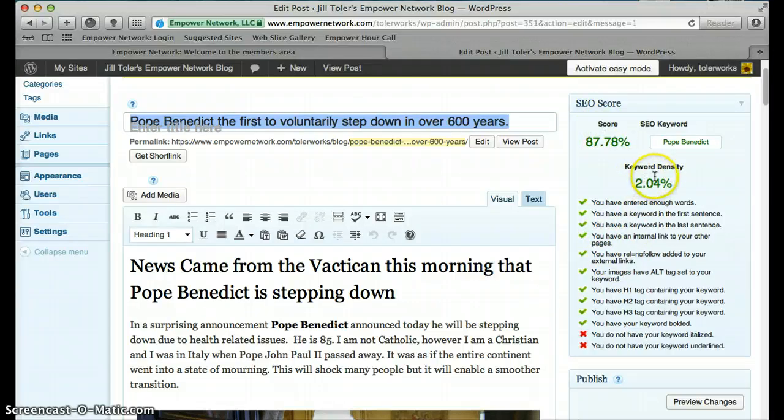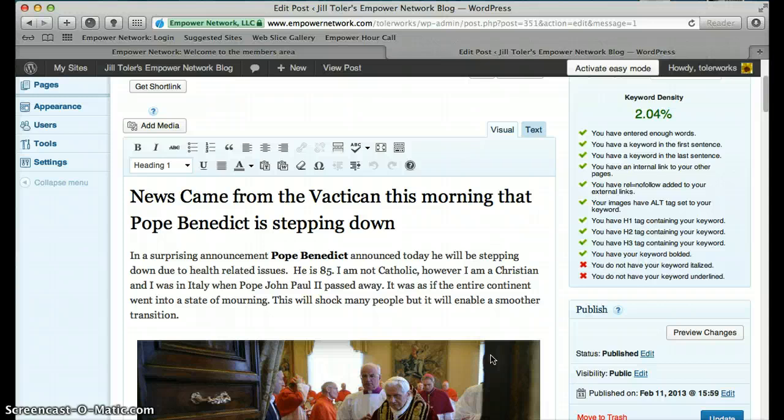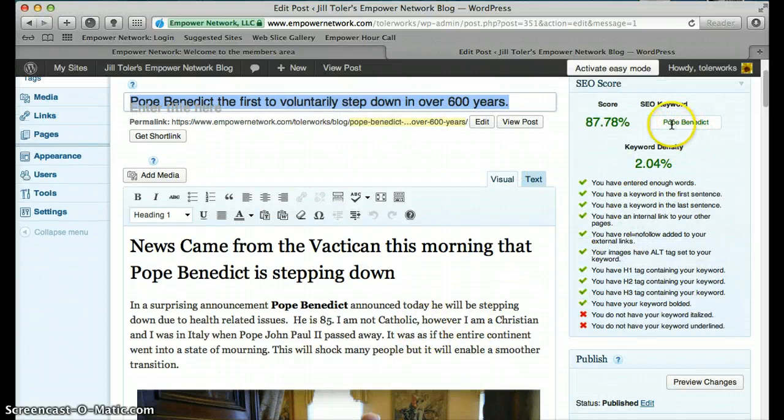Your keyword density, what that is about is you want to try to have your keyword density between 2 and 5%. And what that is, your keyword needs to be in your blog at least one time for every 100 words. And again, don't spam your keyword just in order to get your keyword density up. Just try to incorporate your keyword in about every 100 words or so, and that will raise your keyword density up. If you have a long tail keyword, which means more than one word in your keyword, it will be more difficult, but your keyword density will reflect it better. Okay? Now,